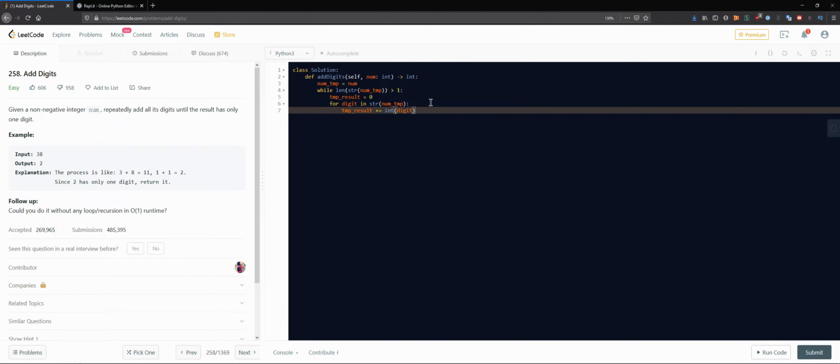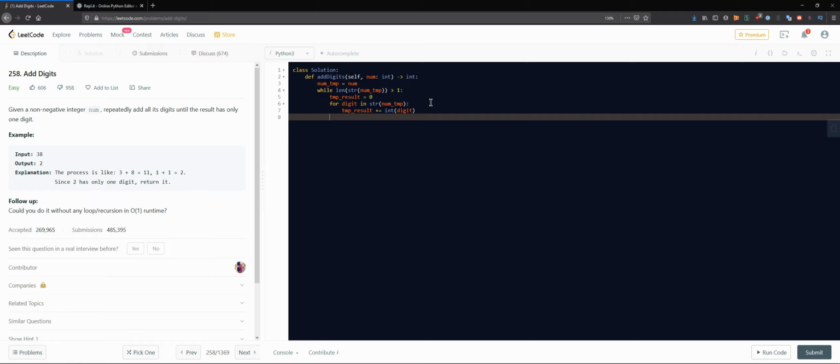So we are incrementing our digits into a temp result, and at the end we want our num temp to be this new temp result,